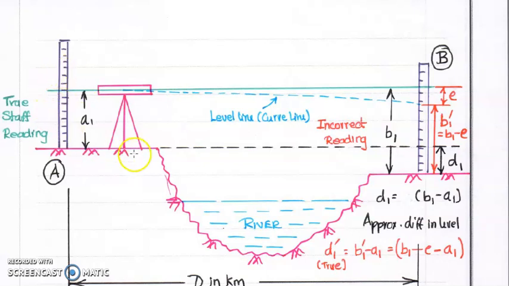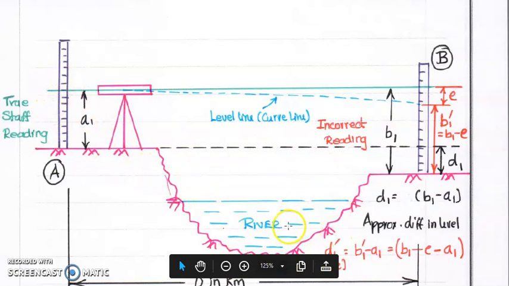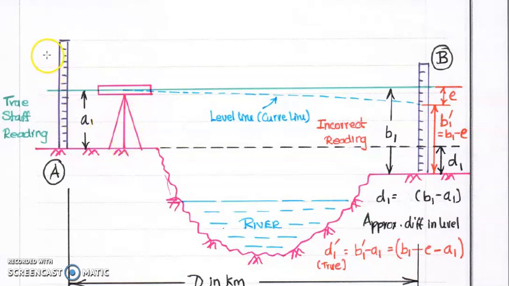See here, let us consider this is a river. On one side of the embankment, the leveling instrument is placed. So this is your instrument here, and one leveling staff is held here. So A1 is the exact reading. After completing all the temporary adjustments, bisect the leveling staff. This is A1. Similarly, keep one more leveling staff here.